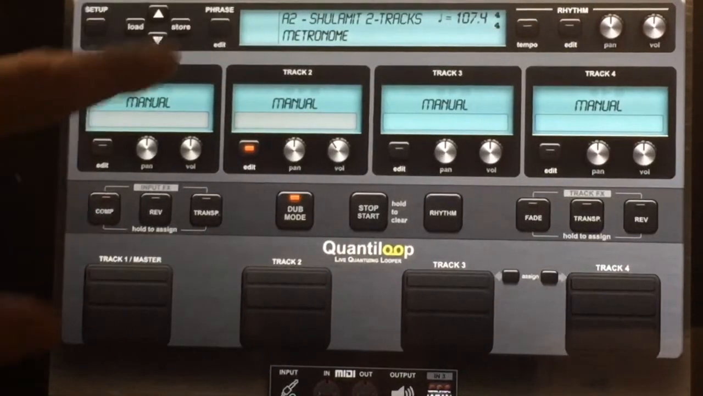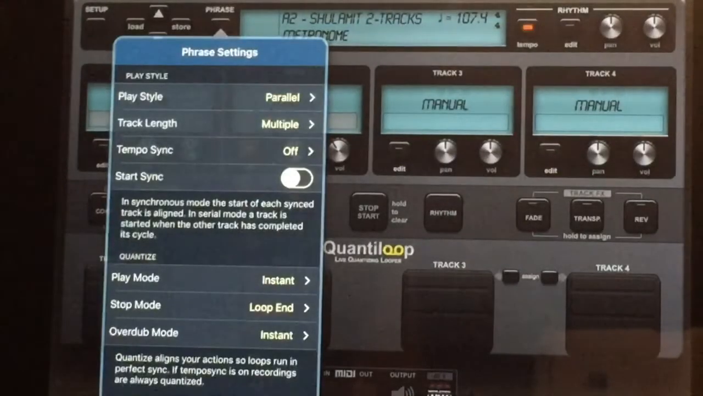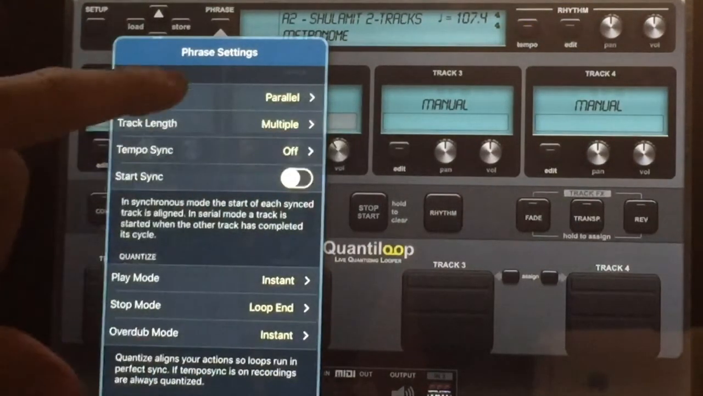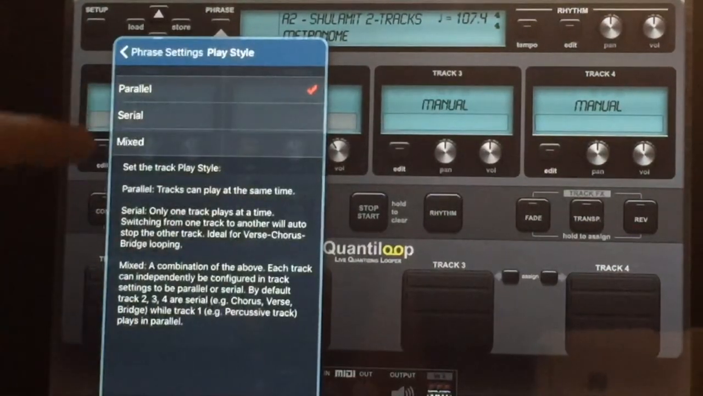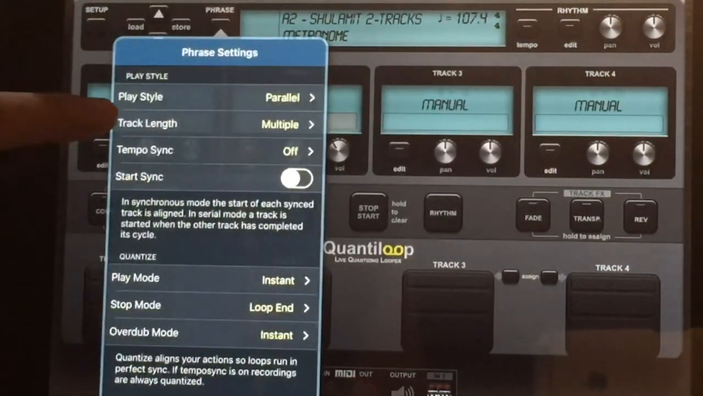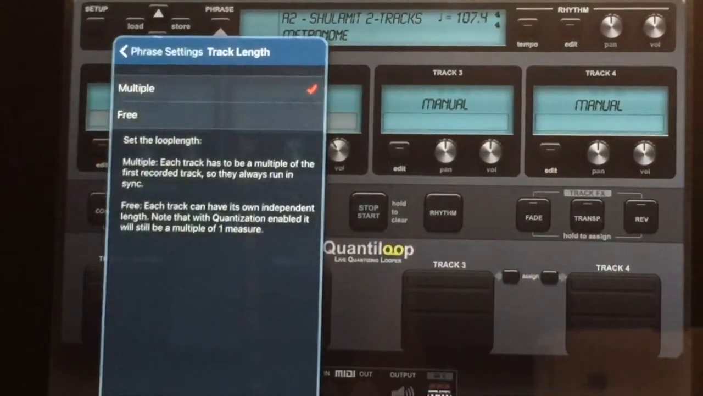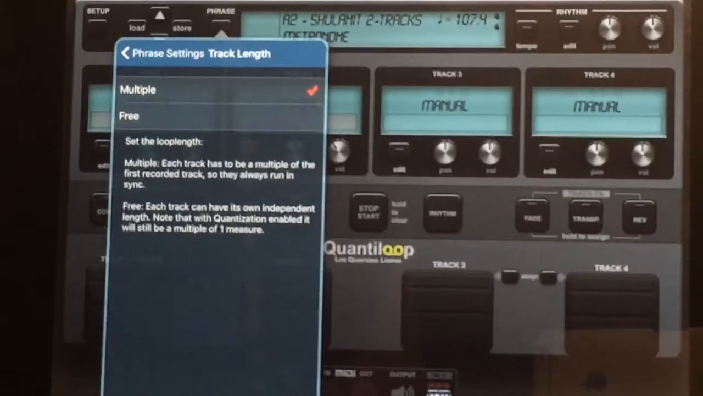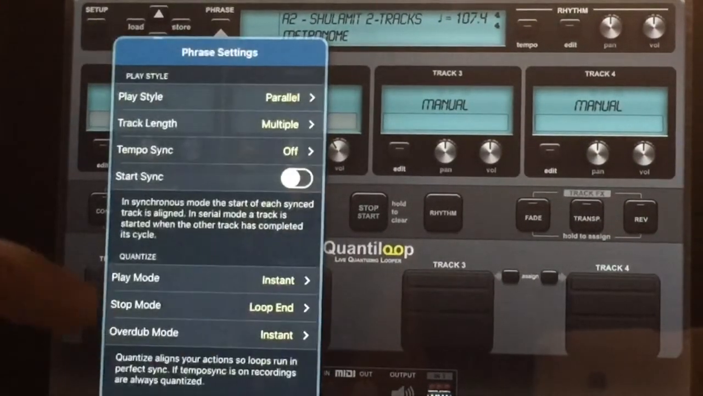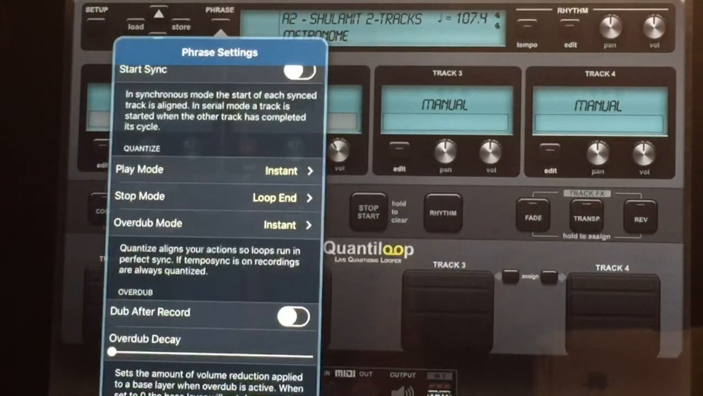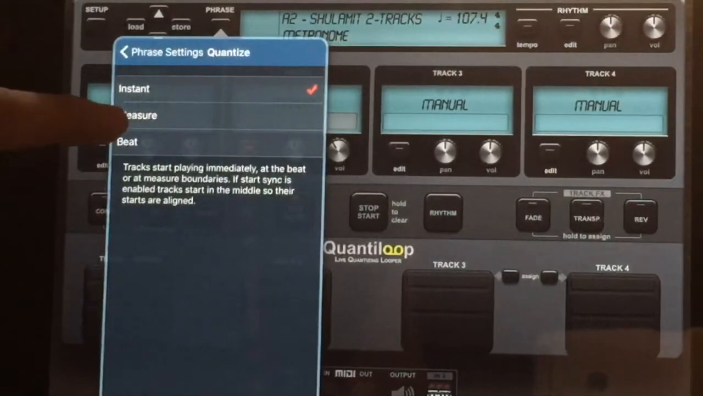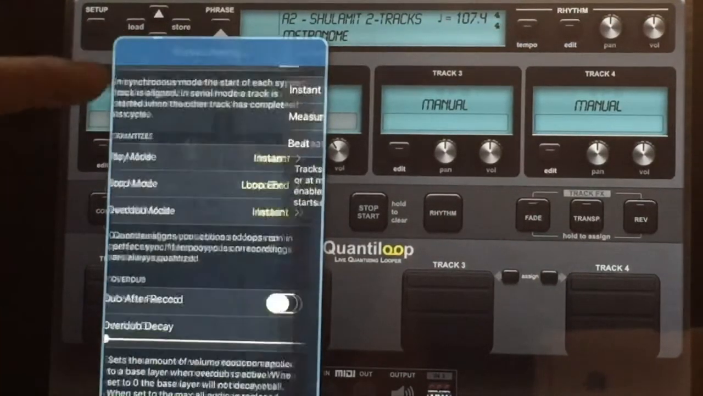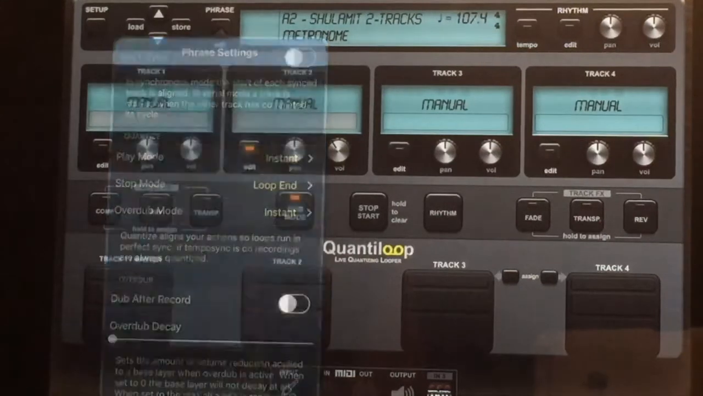In the phrase edit here, there are a bunch of settings that you can make, whether the 4 tracks in quantiloop are working in parallel or maybe in serial or maybe mixed. You can have the track length as a multiple of the previous tracks or as a free track length. Really depends on what you want. And also down here you have quantize parameters, if the play mode is instant or according to measures or according to beats and so on. It's really quite flexible, and you can choose whatever you want